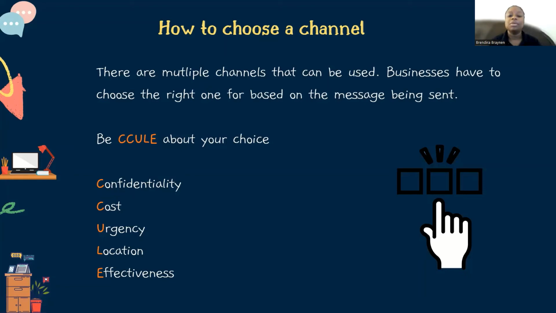When it comes to communicating in business, you have to make sure you know exactly the best way to communicate the message you have. If I'm trying to send a message about store closures and I know there's an individual coming to me, it may not be best to put it on social media alone. I may also want to choose a method that gets that person directly, so picking up the phone and making a telephone call. All of that has to be thought of when sending a message, because you want to make sure that certain things are not compromised based on the channel you're using to send the message.